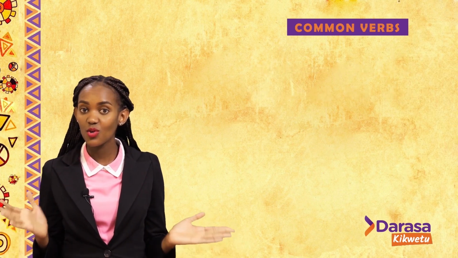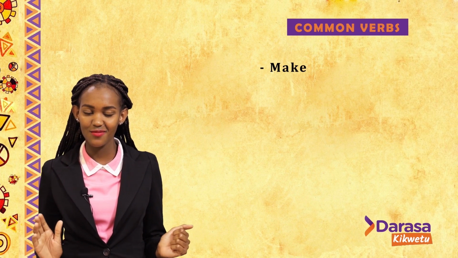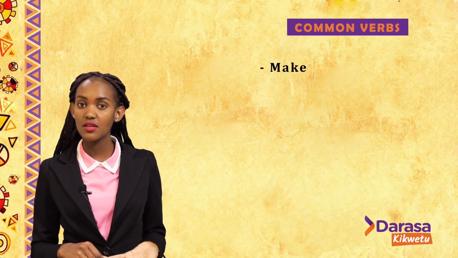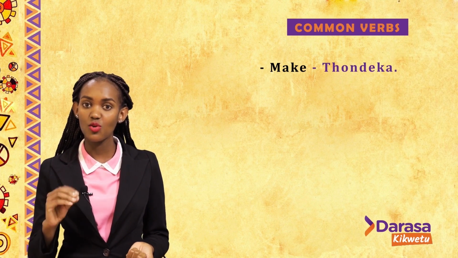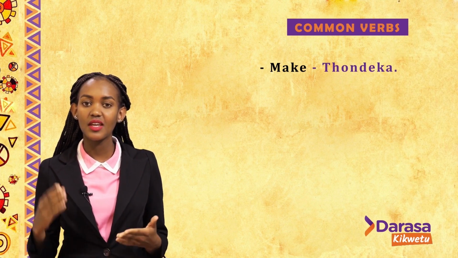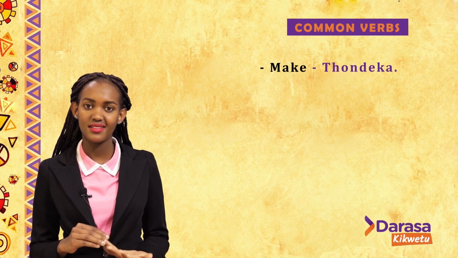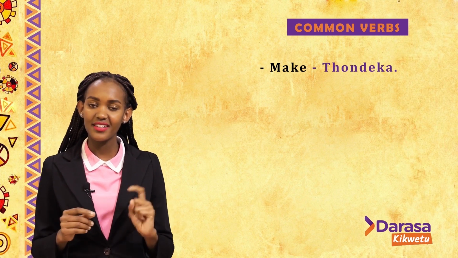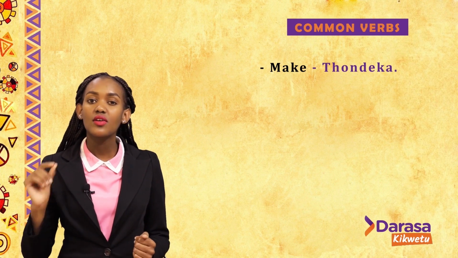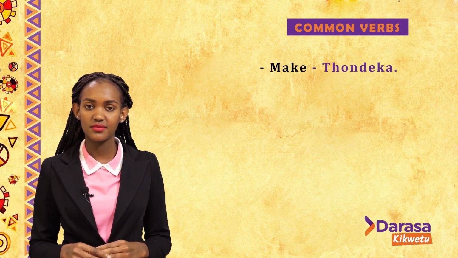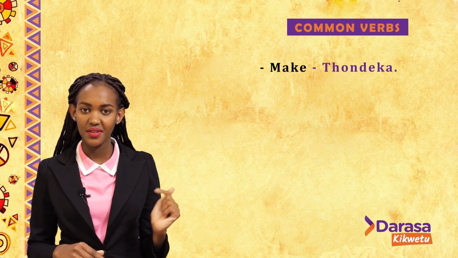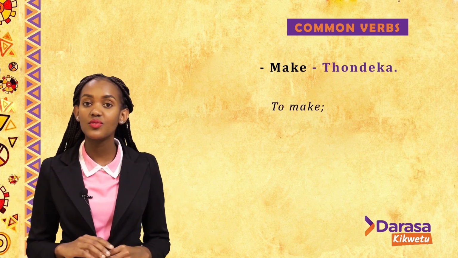Perfect. Now we use make as a verb. Make in Kikuyu is dhodeka. Let's repeat that. Dhodeka. So to make, we'll say